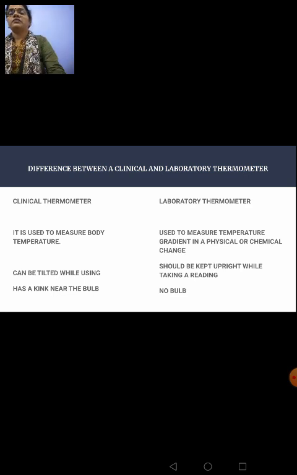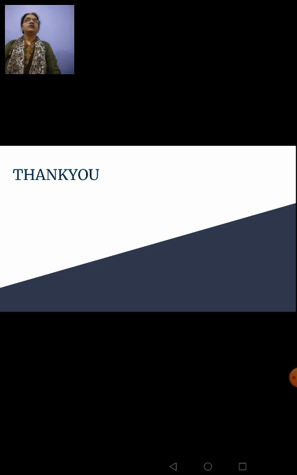Okay. So with this we are coming to an end of today's session. So what have we learned today? We have learned what are the ways of identifying hot and cold objects. I said you can identify by touching them, by looking at the surface of the vessel in which the object is kept. If it is too cold, you can find water droplets. If it is too hot, you can see the steam coming out and all.